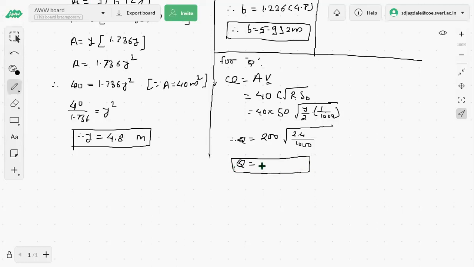97.97 meter cube per second. Have all of you got the same? Instead of 200, there will be 2000. But whatever answer you have given is correct, meaning you have considered it as 2000. I did that by mistake.